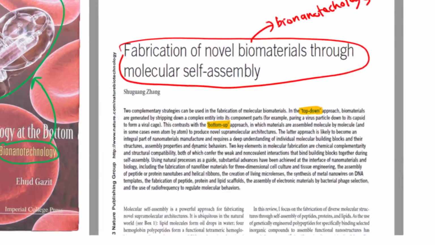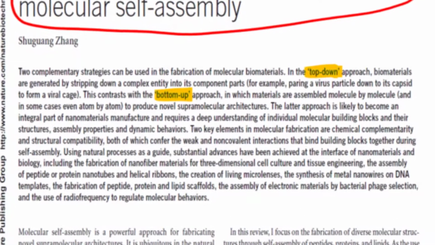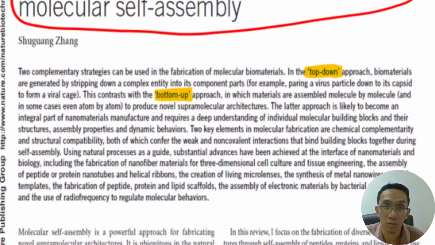In general, manufacturing can be either bottom up or top down. Bottom up is like you build your house, you build brick by brick. Top down approach is like from the tree you get the paper. It's basically stripping down the tree, the cellulose, getting the pulp and making paper. So in our discussion, bionano, because we build something from small stuff like DNA, like peptide and so on to build something else,